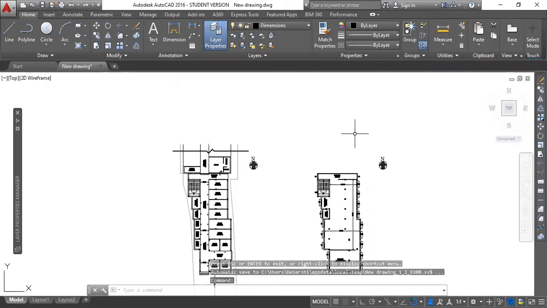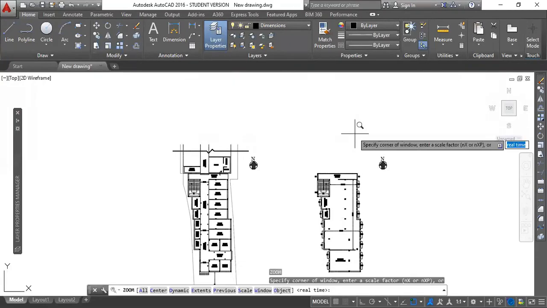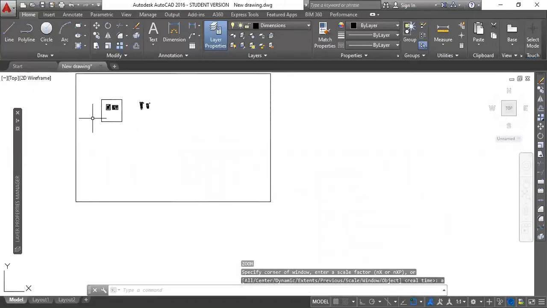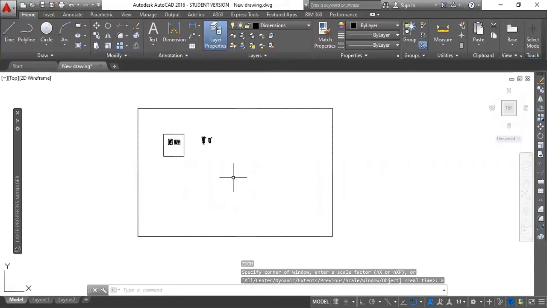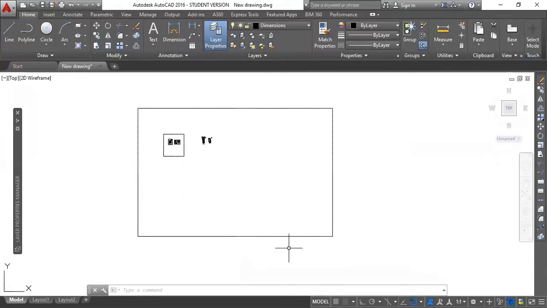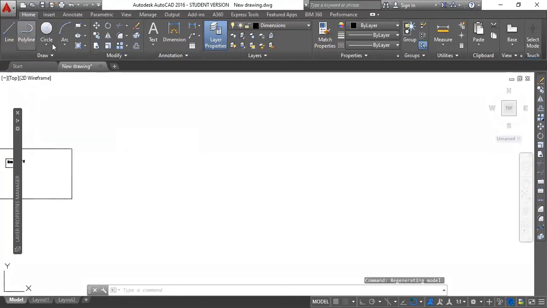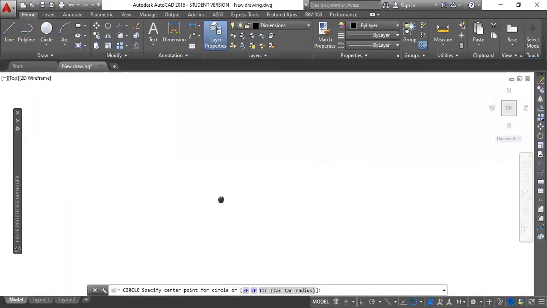In this particular sheet, I haven't set the limits. So when I enter Z, enter, and then A, enter, it will zoom out to a certain portion, basically to whatever elements I have drawn in this sheet. If I draw something, let me just show you an example.